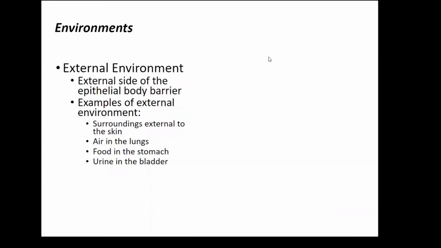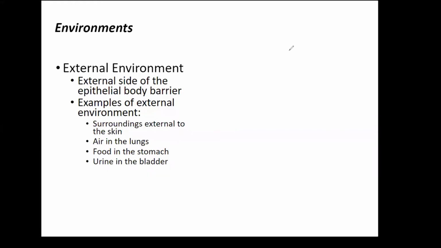Okay, so I'm going to do a little bit of drawing as we do this. I've left this space blank so that we can basically redraw the sections of the body as we think about them. When we're thinking about environments, we're basically thinking about an external environment, that's external to the body, like outside your skin. And we're going to think about the internal environment. The internal environment is what most of your cells are going to be in communication with. Most cells aren't touching air. They're touching interstitial fluid. So we'll get to that internal environment in a second.